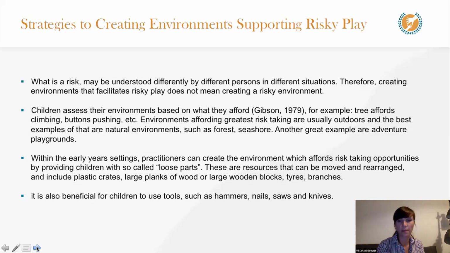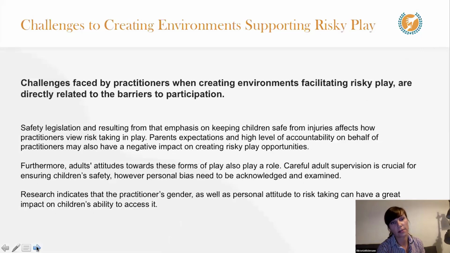So how can we promote risky play and risk taking in play while being there and obviously supporting children and ensuring they are safe, which then links to the next section, which talks about challenges to creating environments supporting risky play.